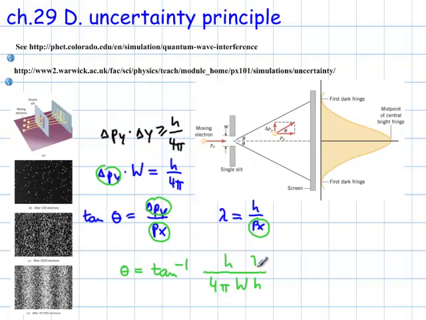The lambda goes to the numerator, and then it turns out that Planck's constant actually divides out, and now at that point all that needs to be done is plug in